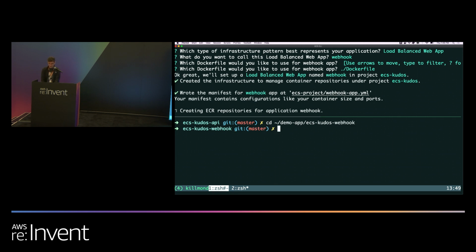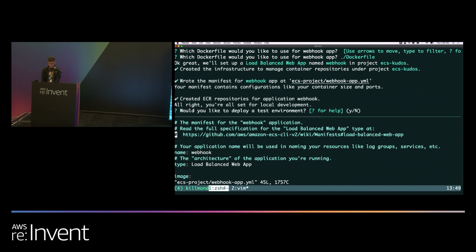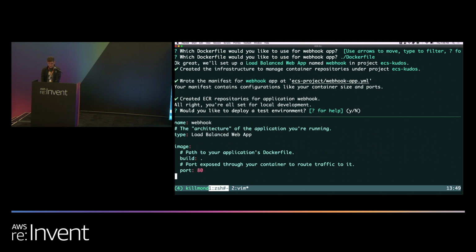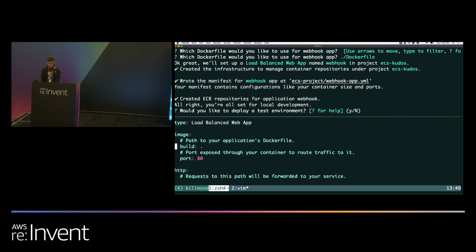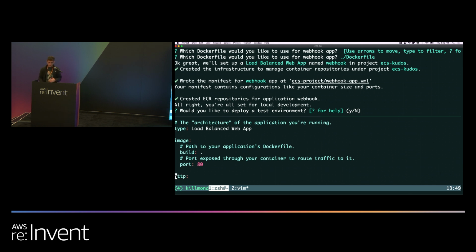So I'm going to open up that file that was created. And as you can see, this webhook manifest file is kind of interesting. It has a lot of things that I understand about my container app, like the port, the name of the application, and the type of application that it is. And what this file actually is, is a configuration file for our